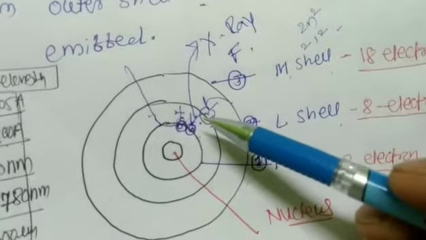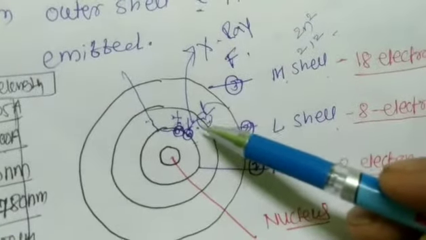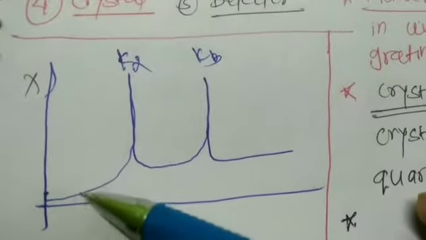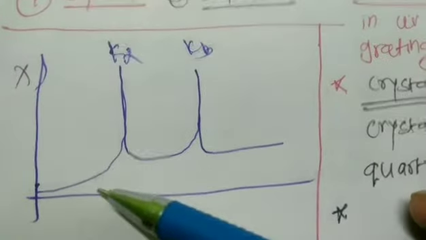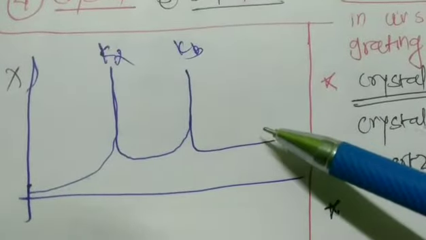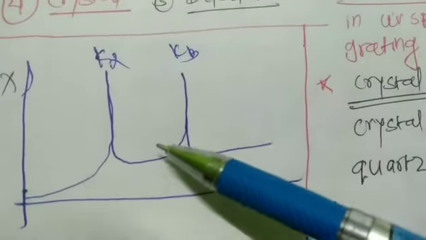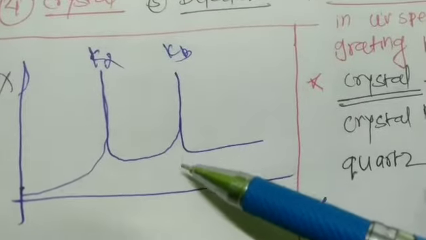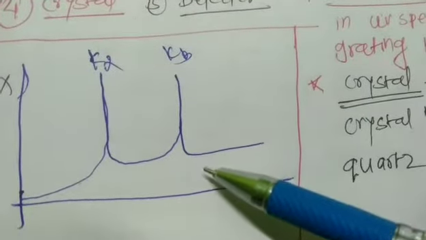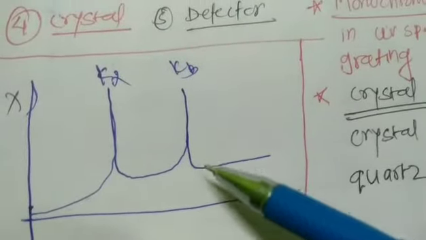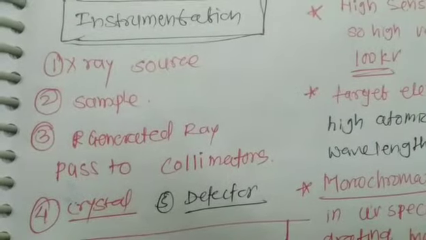Emission depends on a specific wavelength or specific energy of that atom. So after emitting the X-ray fluorescence, we receive the spectrum, that is the K alpha, K beta. The energy or wavelength of the emitted X-ray is equal to the difference in ionization energy of the electron within the location.